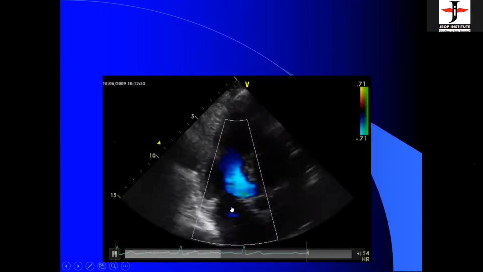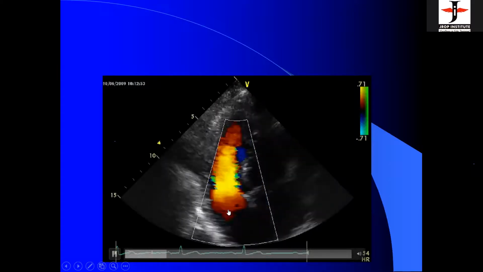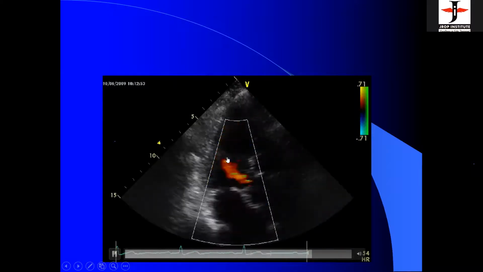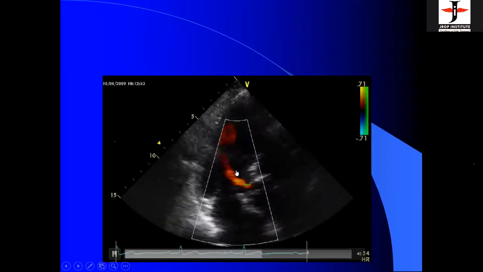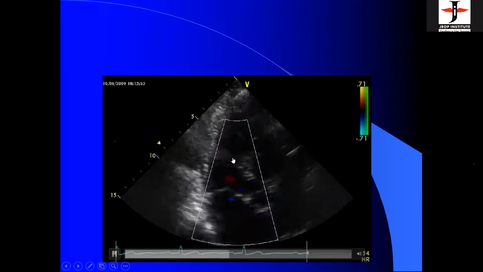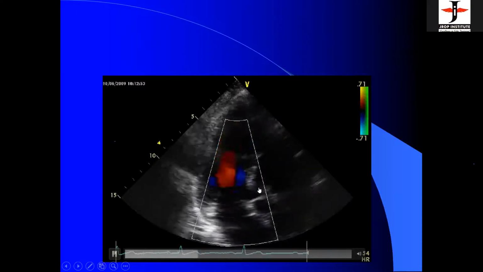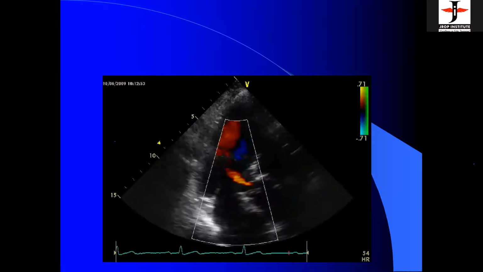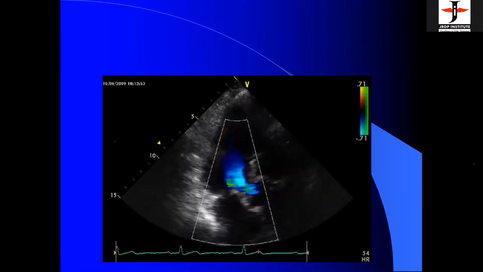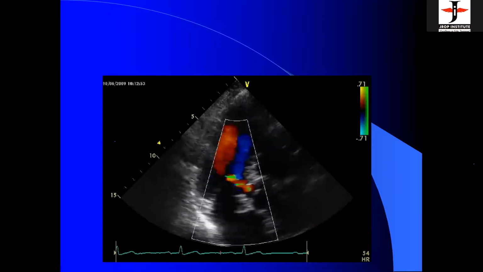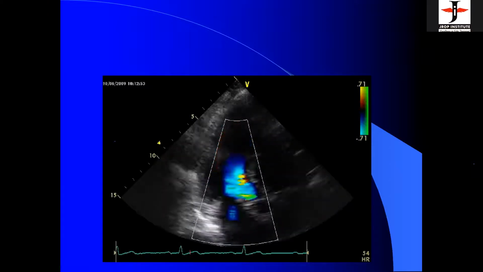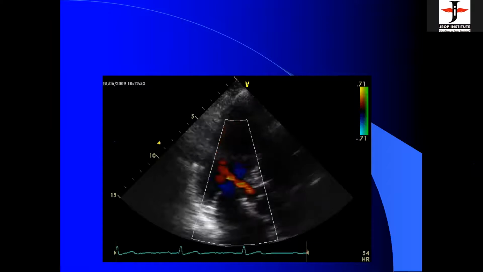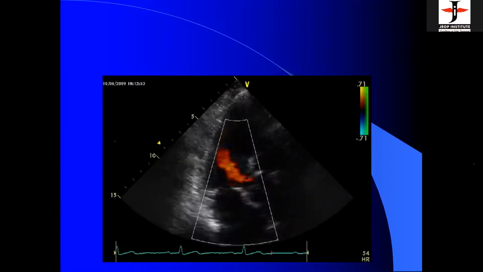this is the apical three-chamber view. You see, this is the LA, this is the LV. The flow is going towards the transducer, so it is of a red color. And the flow which is going away from the transducer is the aortic flow. Now here, if you see carefully, in between you can get a red flow coming from the aortic wall, after the blue flow. That means there is some blood coming into the left ventricle from the aorta. So this immediately tells us that it is an aortic regurgitation.